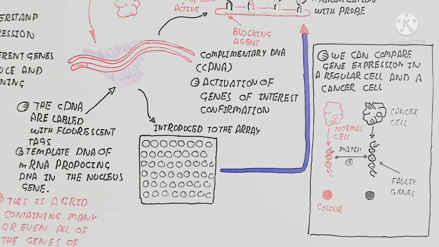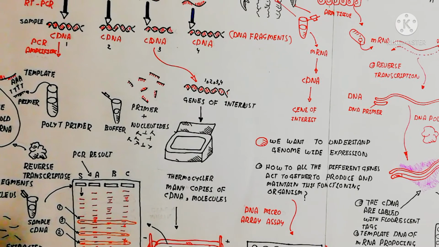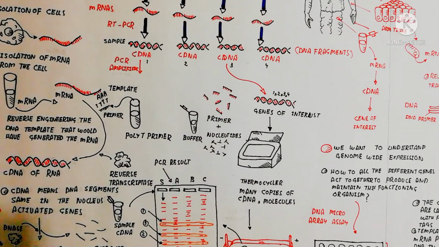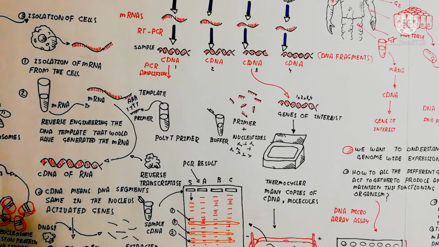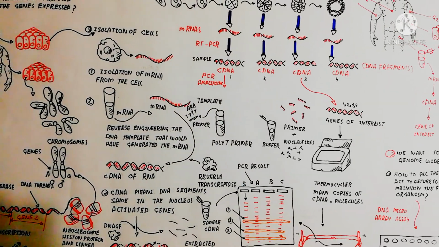So the normal cell will produce the color, but when we check the cancer cell after the comparison and see the production of a different color, we can say that a different gene is activating and disturbing the environment of the cell. So that is the cancer cell, and proliferation is greater, producing different types of protein which are used for the cancer. So I hope you make sense of that.